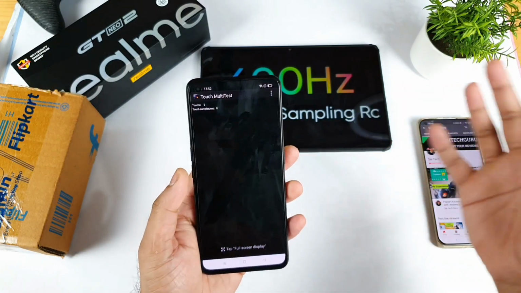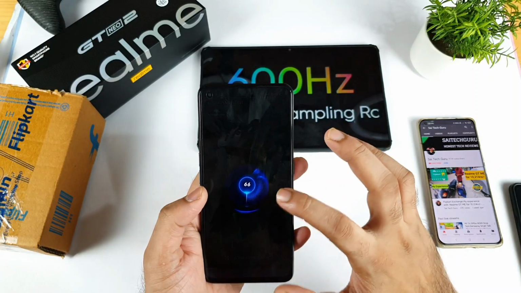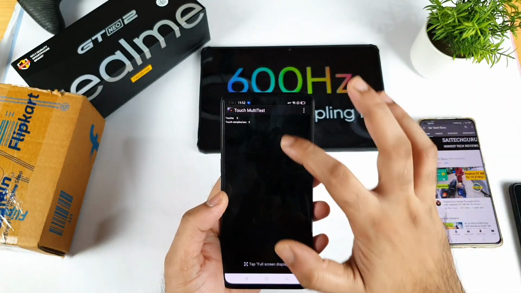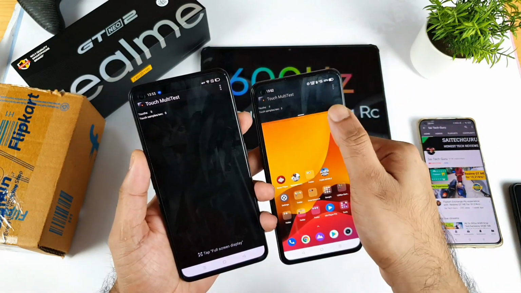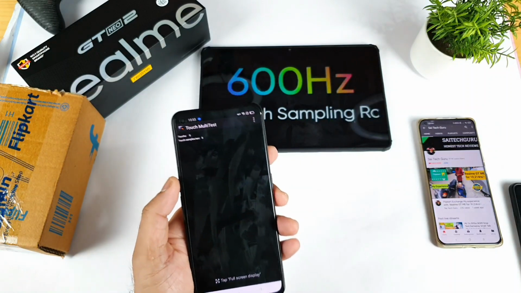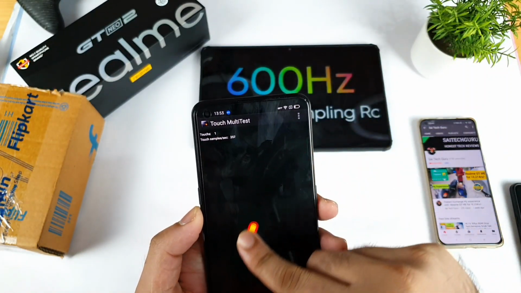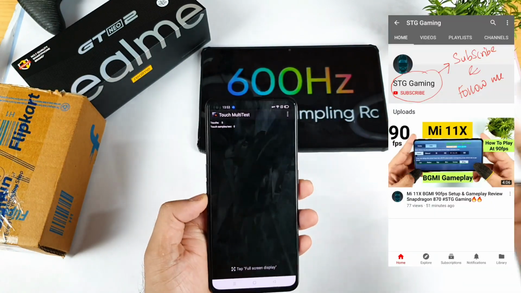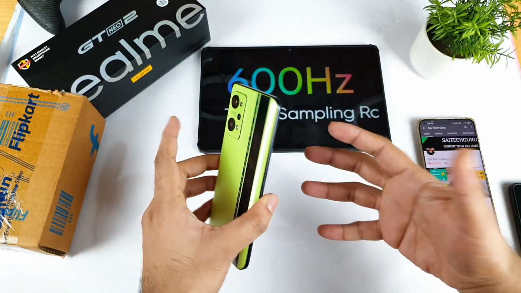Unfortunately, I'm not sure how to increase it. Even if you use GT mode, it doesn't matter. Whatever you do, it will be the same situation. Because in the past, I did have plenty of experiences with Realme where they say 360 Hz touch sampling rate, but actually we'll be getting only 240 Hz. Even right now, it's not even close to the number they're claiming. I'm not sure what to call this, a touch sampling rate scam or something.